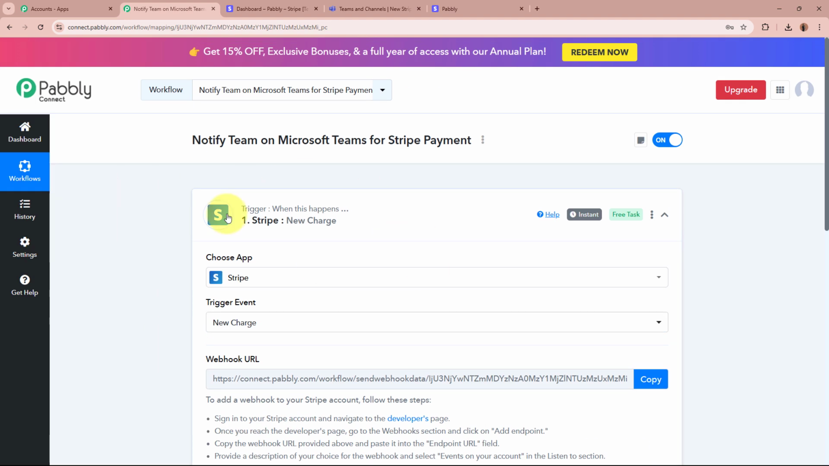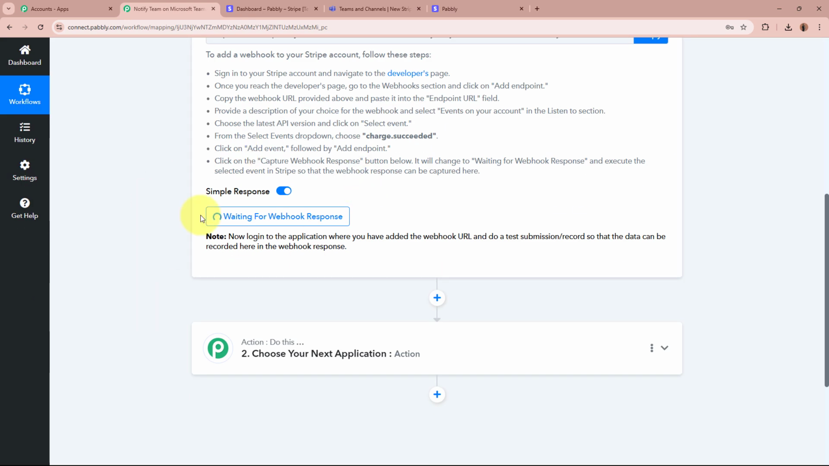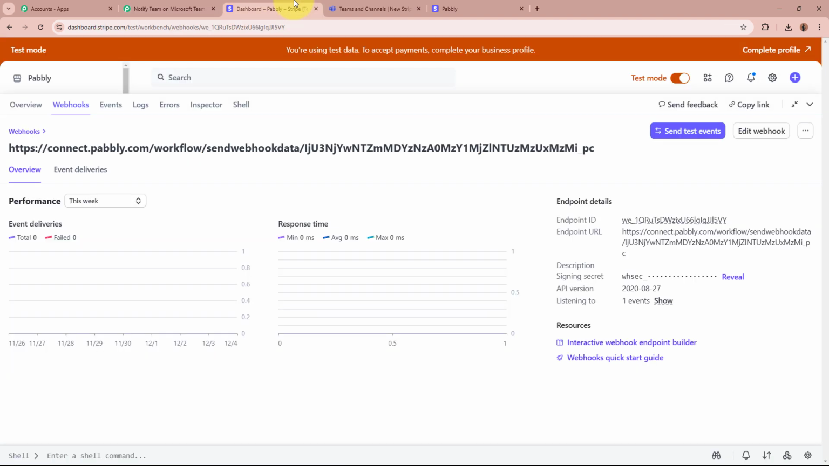So now to check whether Stripe is successfully connected to Pabbly Connect or not, I am going to do the test payment using Stripe, okay? After doing the test payment, I'm going to check whether Pabbly Connect captures the response of that test payment being done or not, okay? For that, I'm going to go back to my Stripe